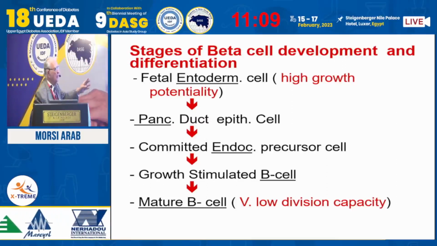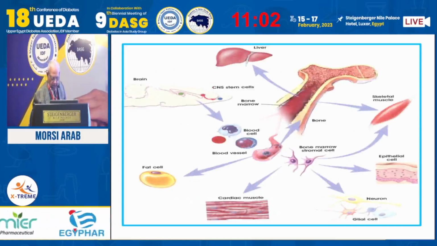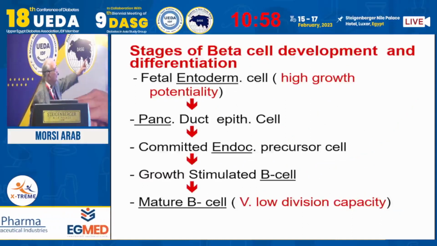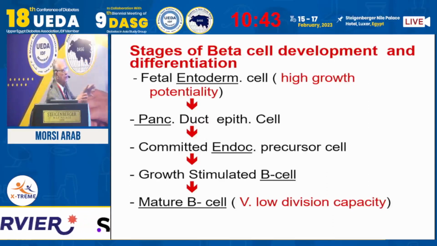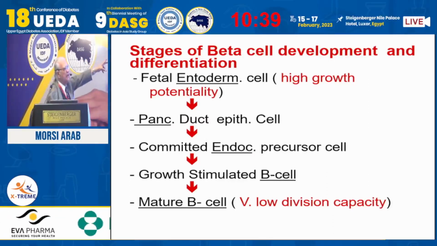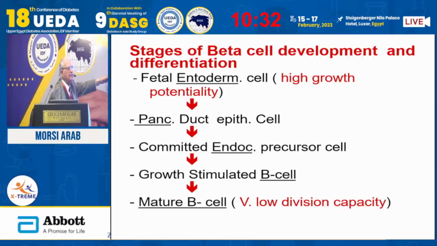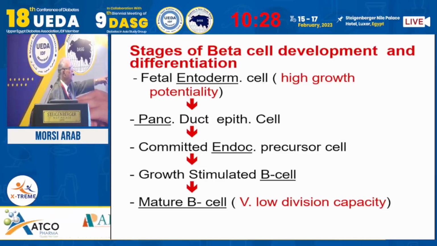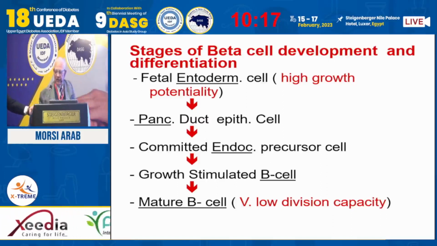At one time, a particular stem cell stops proliferating and starts to differentiate. For example, an endodermal line of cells has the ability to have high growth potentiality, grows and proliferates. And then it becomes specialized to produce a pancreatic cell, then an endocrine pancreatic cell, and then a beta cell from the pancreas, finally to produce a mature cell when it stops multiplication and starts to function. At this stage, it stops proliferation